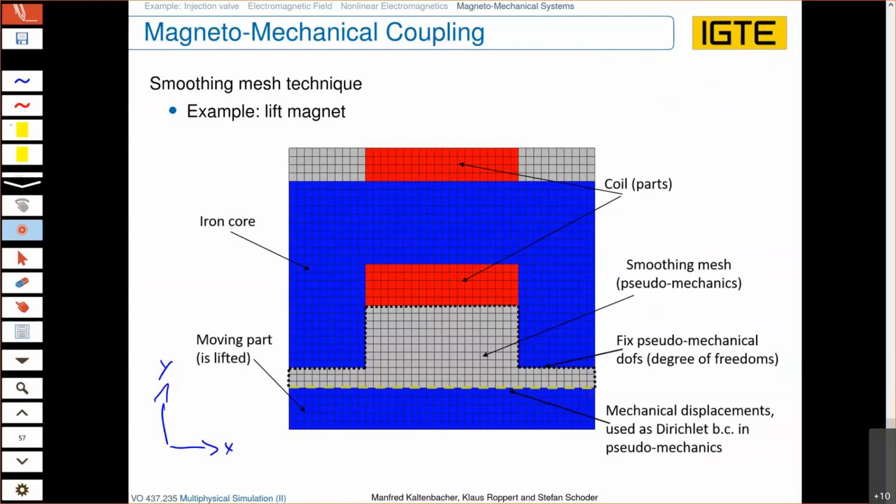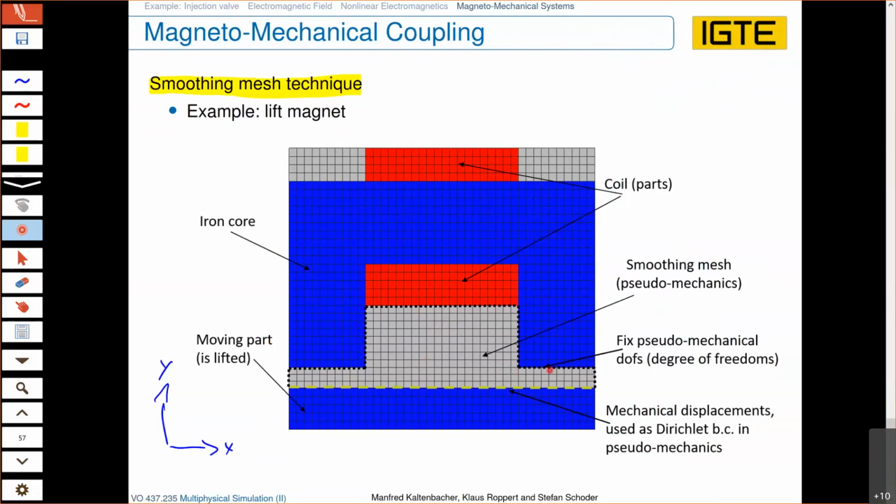One approach is to somehow not do a remeshing of the computational domain, is the smoothing mesh technique. Actually, you see, the problems we get is because the electromagnetic field is not only in the solid parts, it's also in the surrounding air. Perhaps we also have to take some additional finite elements to correctly describe some stray field we have here also on this side. But when you do computational mechanics, we don't have to compute it in these air regions